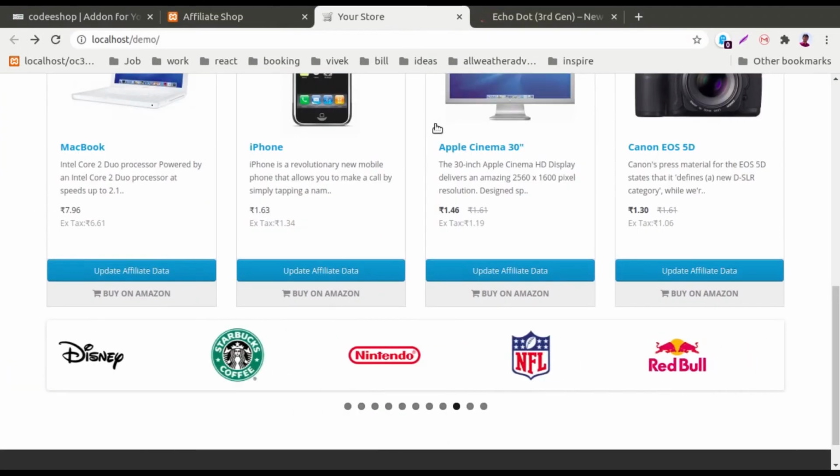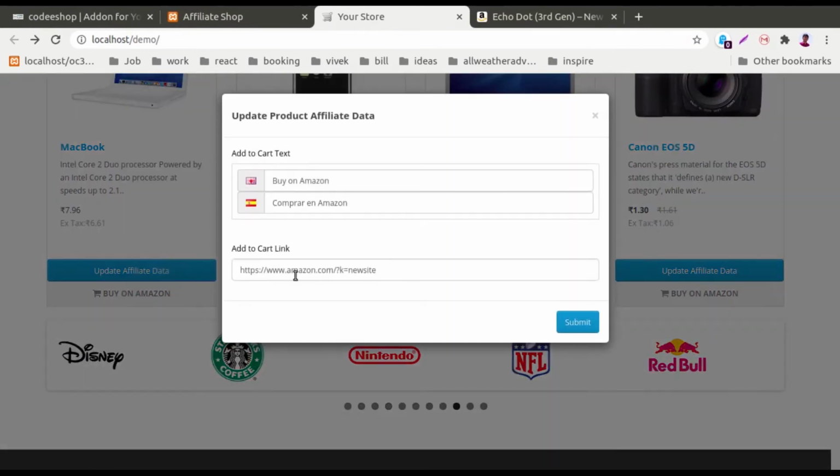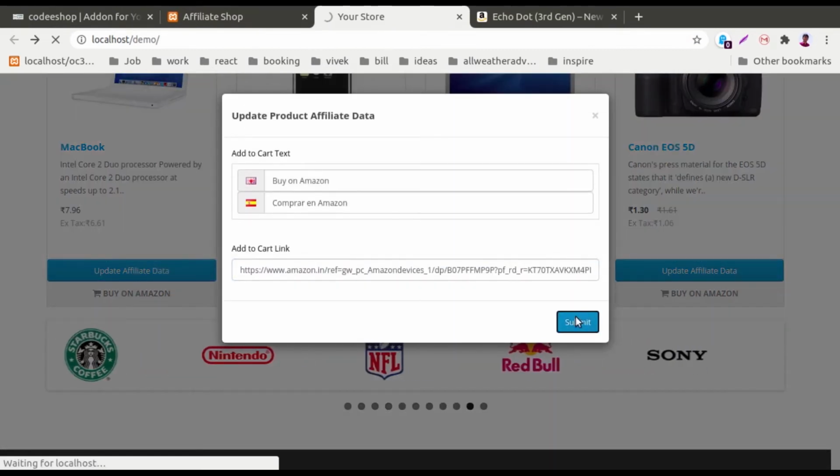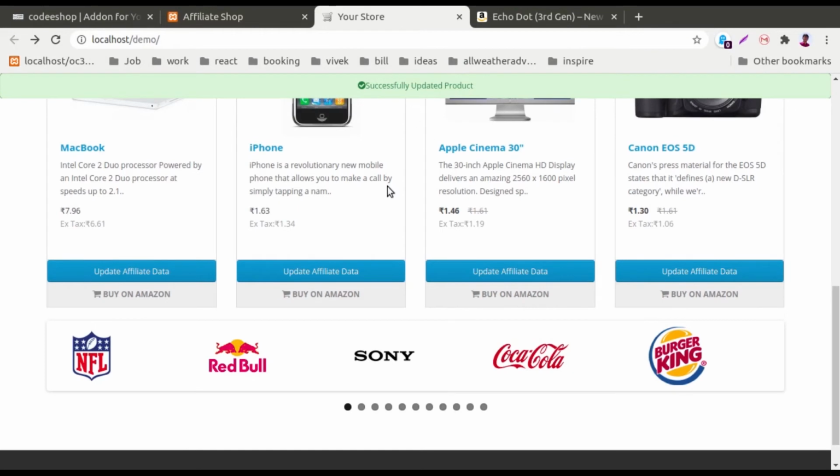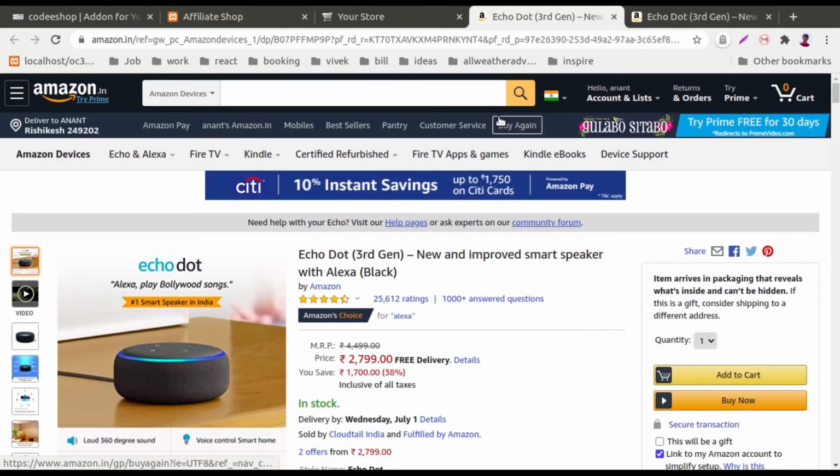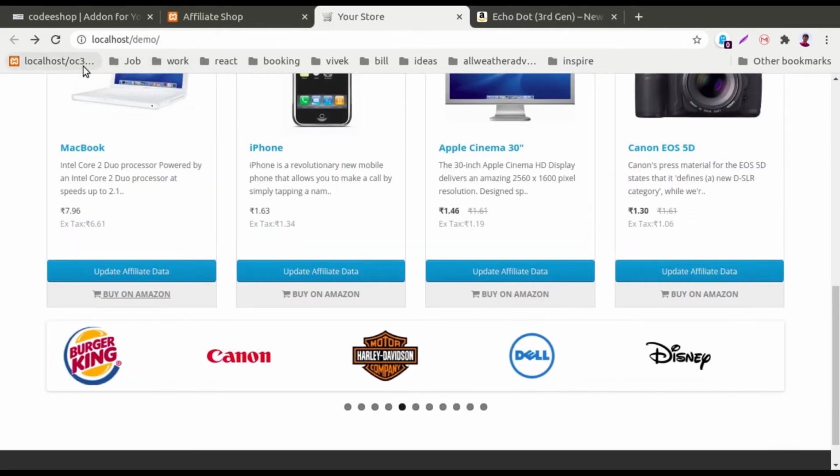So as I go here in MacBook, here you can see the update message. Now when I click on it, the product page that opens here is amazon.in, and the product that we have used in our affiliate link.